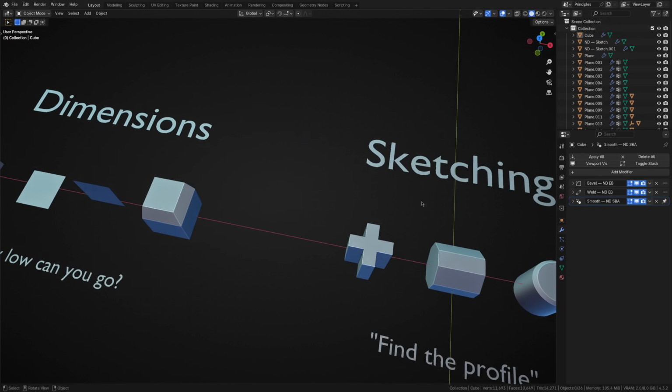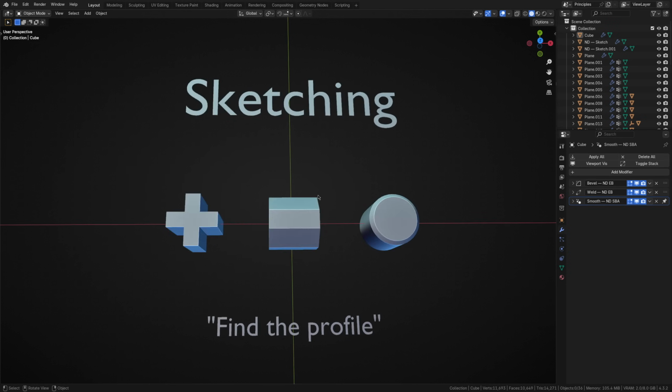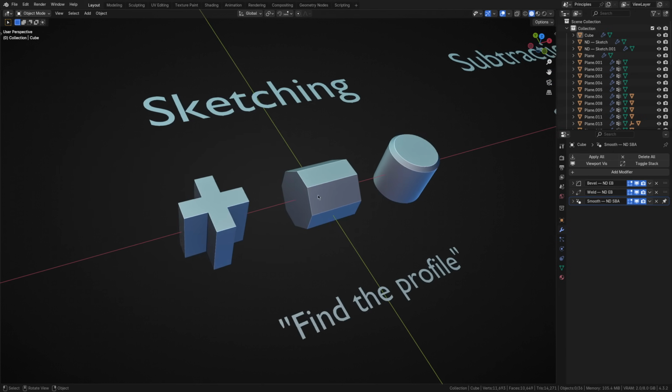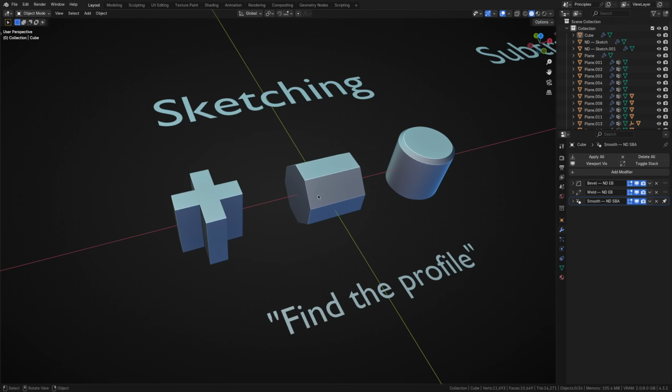This is a bit of a revision, but I'd like to emphasize this idea of sketching. A sketch is a 2D or planar surface typically extruded, revolved, or otherwise used to create 3D geometry. Sketching is a technique that's quite commonly used in CAD. Those of you familiar with it will notice that what I'm about to demonstrate here isn't directly equivalent, but similar. Blender isn't a CAD application, so constraints and other typical CAD features are non-existent. As such, we have to make do with what Blender offers us. Still, thinking in a sketch-like manner is the key to working effectively with ND.